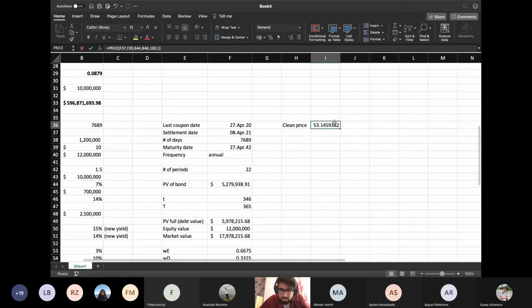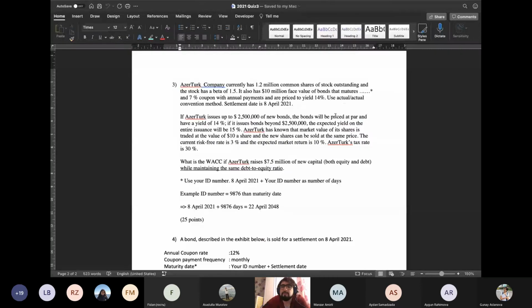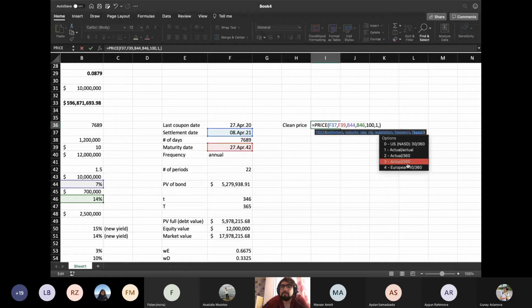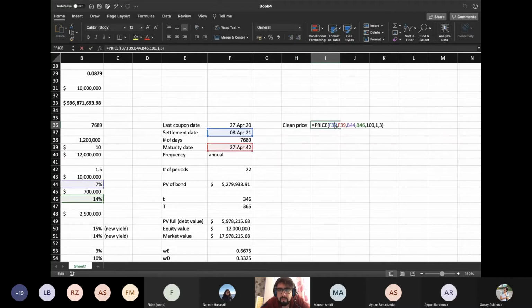Let me show you the basis part here. We have actual over actual convention method, but we use big T as 365. Actual period takes between 365 and 366, something like that. The answer is different. So take basis 3, actual over 365. And we know also multiplied by